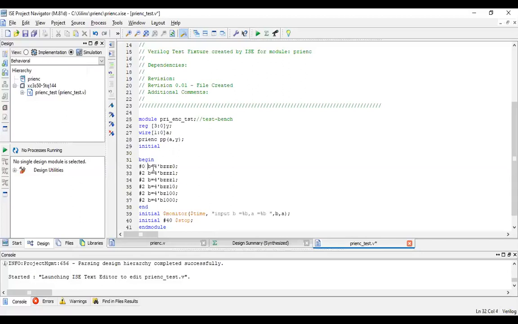Hash 0. The first combination, let me give it as 0 0 0 0. The next combination, let me give it as 0 0 0 1. This, let me retain it with the Z1 combination and see what happens.